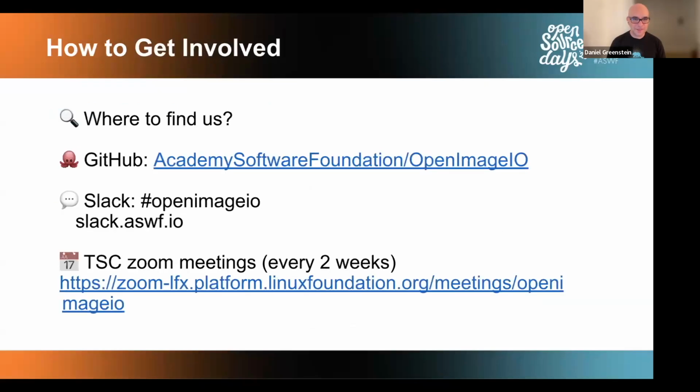Let's move to the next slide. A lot of what we've talked about here is available on the GitHub page of the project. If you're interested in getting involved, that's a really great place to start looking for information. We have a fairly active Slack channel, which is also a good place where people ask for support, and the TSC meets every 2 weeks and other people join. So that's a good way of getting in touch with us. There are plenty of ways to get involved and reach us. Let's go to the next slide,